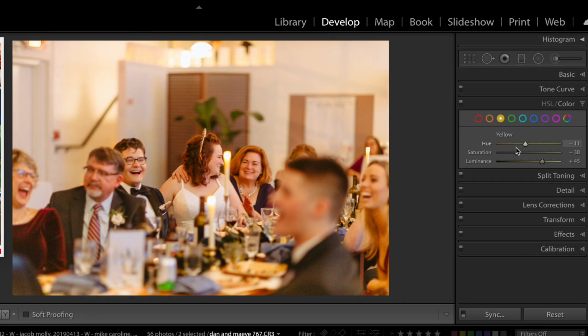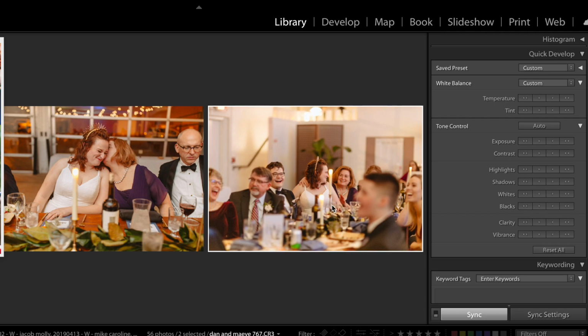Now that I've warmed it up, I like their skin tones, but it feels too warm in different places. So I'm going to see about removing some of the yellow. That only really removes it from the green. So I'm going to take some of the orange and just bring that down. So by just removing some of the orange, we're keeping the other colors. Okay, there was just entirely too much warmth in that image. So now if I compare the two,